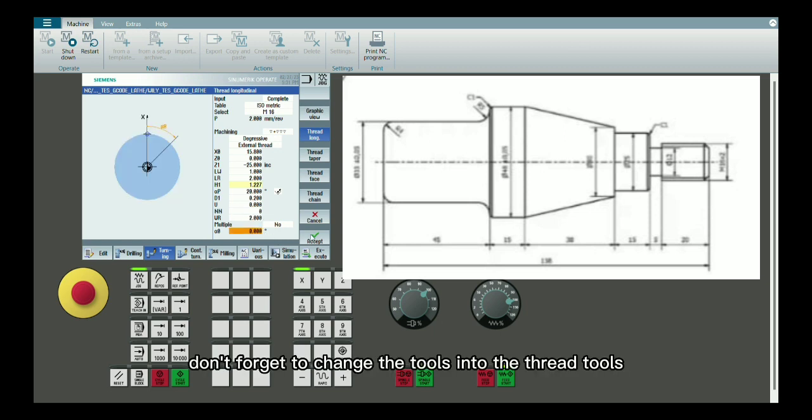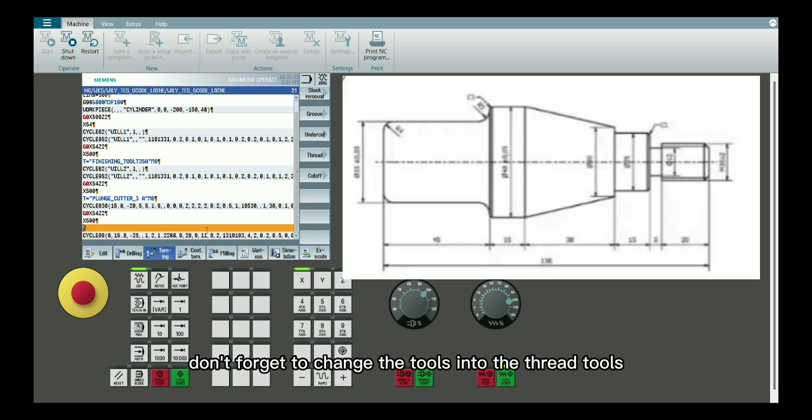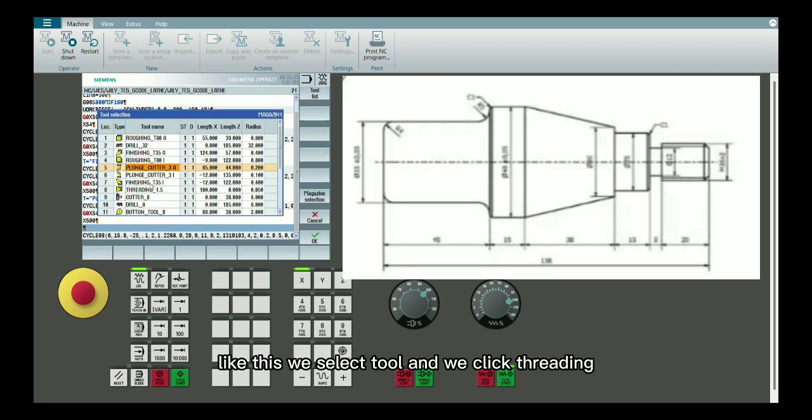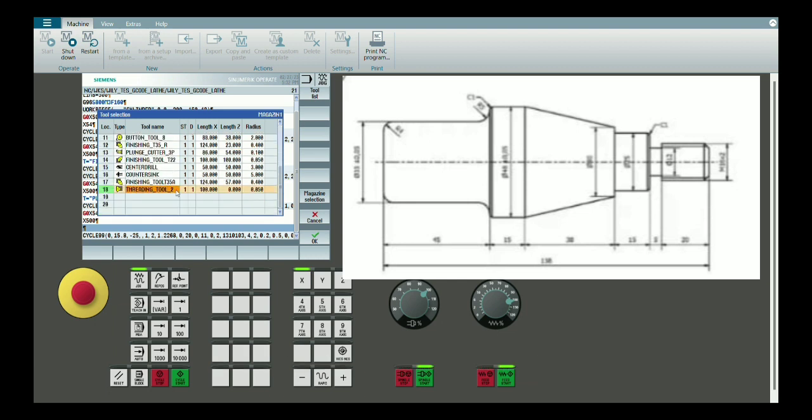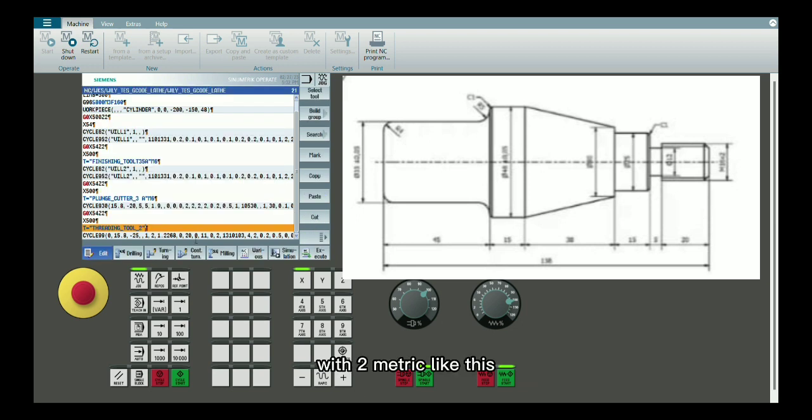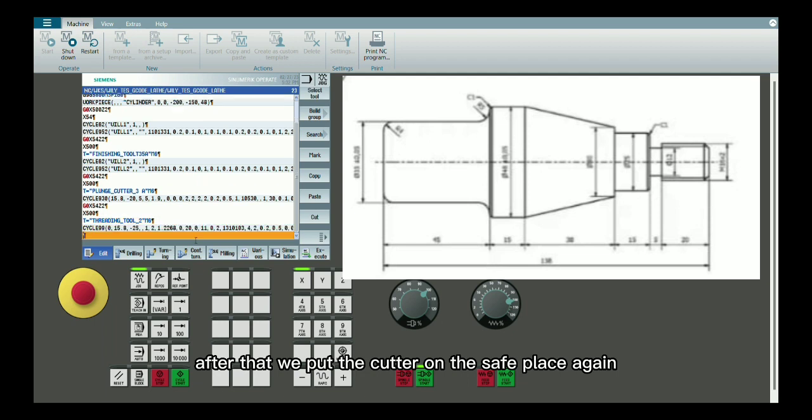Don't forget to change the tool to the thread tool like this. We select tool and we click threading with 2 metric like this. After that we put the cutter in the same place again,